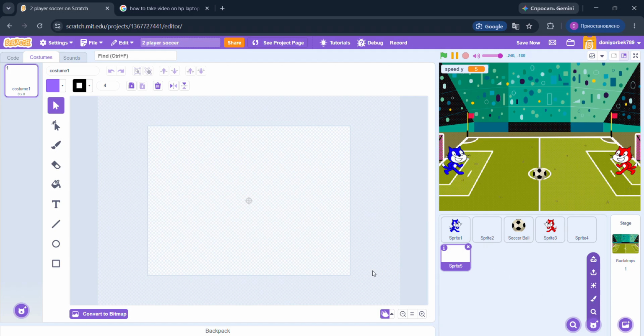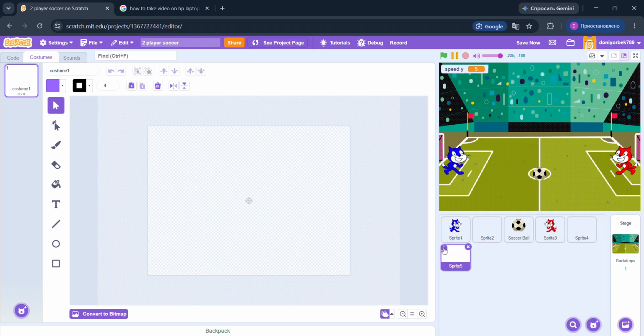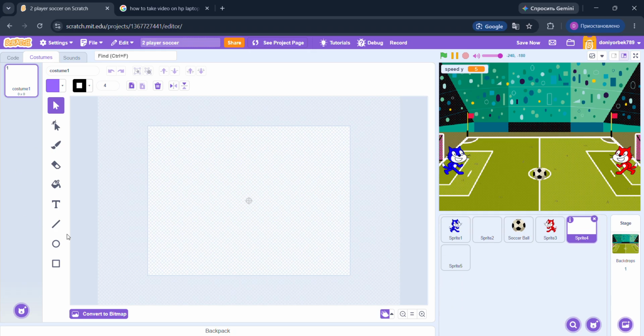Paint the two sprites. Zero and 0. And that is 0 and 0. Okay, that is good.